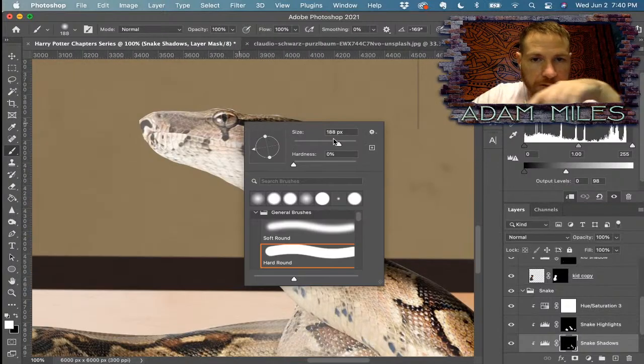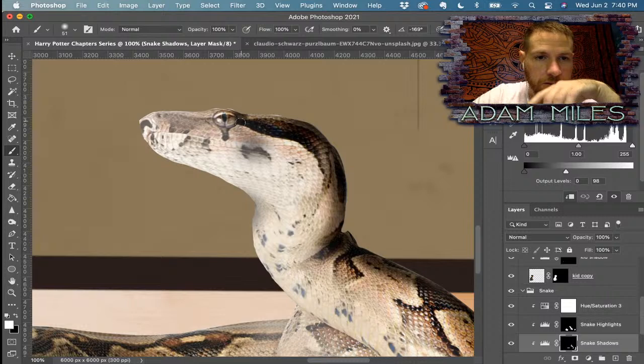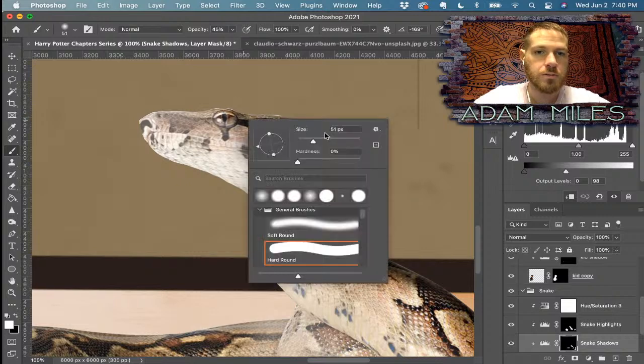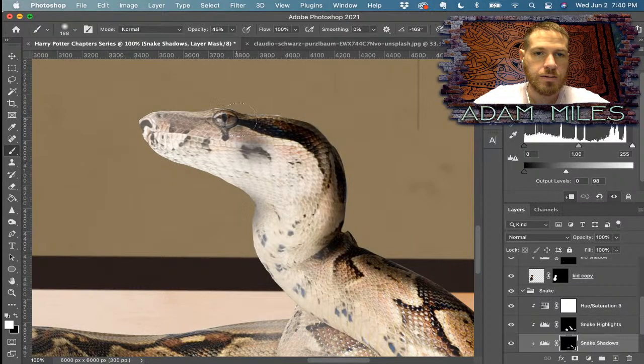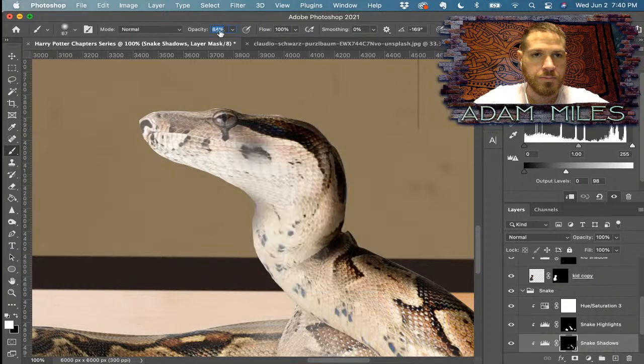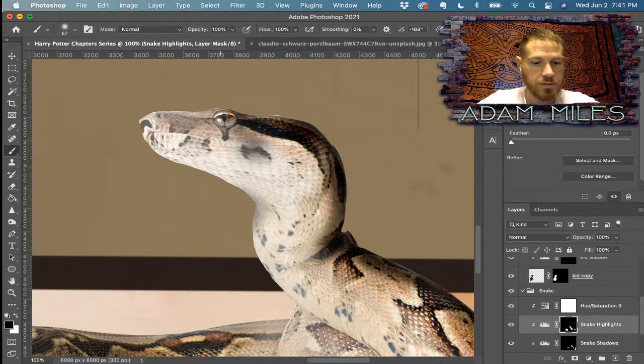I want to hit these details, like behind the eye. I want that to be more of a shadow. Not that drastic of a shadow, but I definitely want there to be a shadow. And for the highlight, I'm going to add